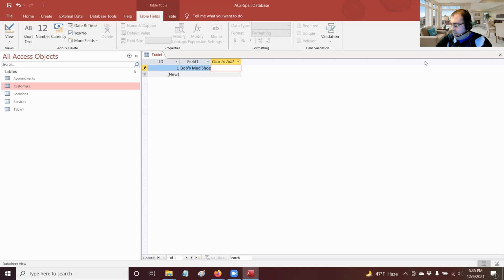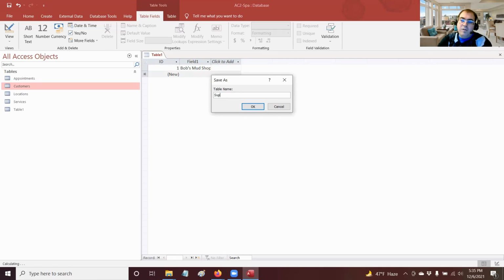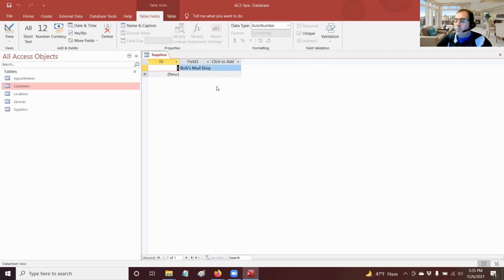So we're going to save this as a supplier, and we're going to actually keep working on it. So to save it, we're going to right click on that where it says table 1. We're going to hit save. It's going to ask us for a table name, and I'm going to go ahead and call this suppliers because that's what this eventually will become. Then they want us to go ahead and leave it open